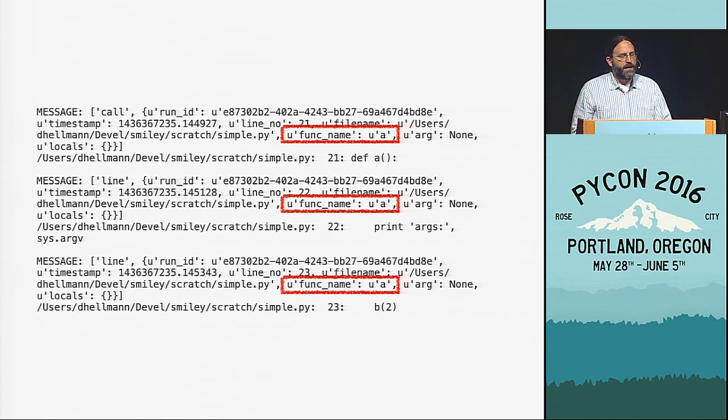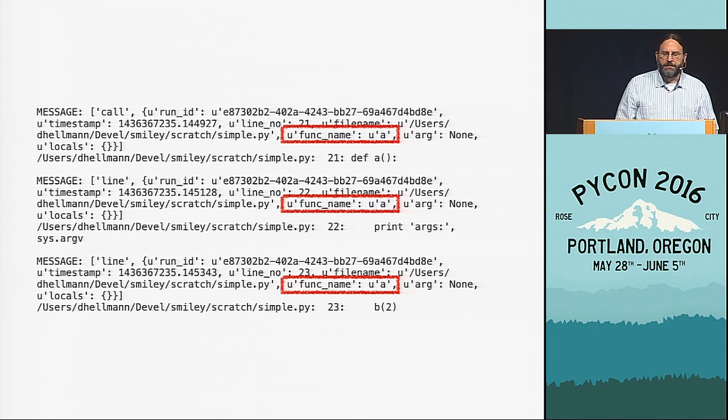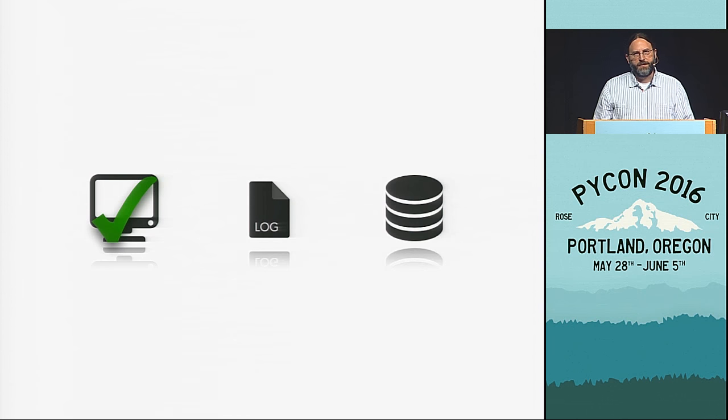So at this point, I had the ability to run a command, trace a program, send those results to a remote system, to the monitor command, which would then put everything out to the console. And that's a good early step, but it's not really a minimum viable product for a debugger like this. So the next step was to figure out where else I was going to send that output and what else I was going to do with it.